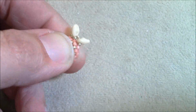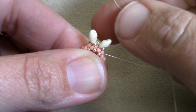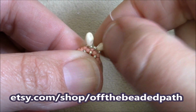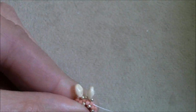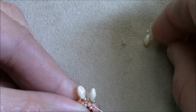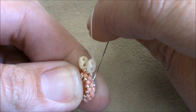And again, I'm going to pull it nice and tight, and when you pull it, you see here how the 15 seed bead popped up on this one from the first set. So again, I'm going to pull that super duo bead so that it straightens it up and then makes those seed beads sit down like they should. So I'm going to do this one more time to show you here. So we've got the 15, the duo, and the 15. Skip the 2 bead set here, and then go through the next single